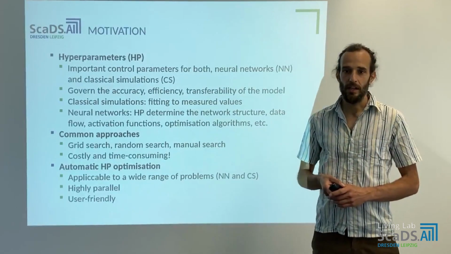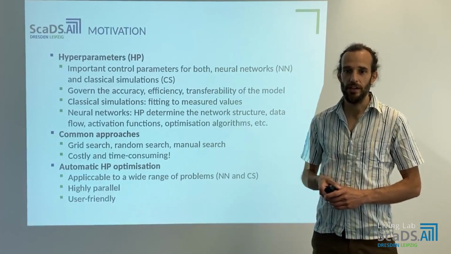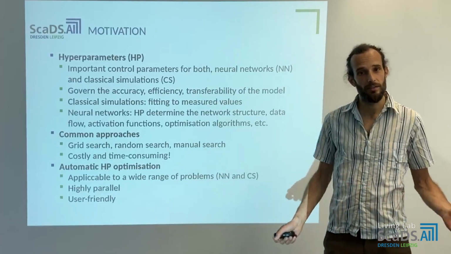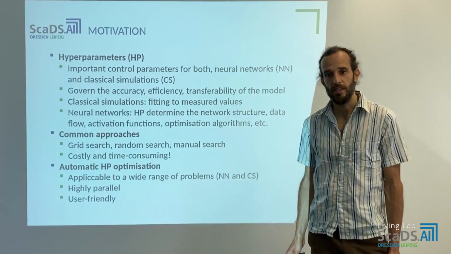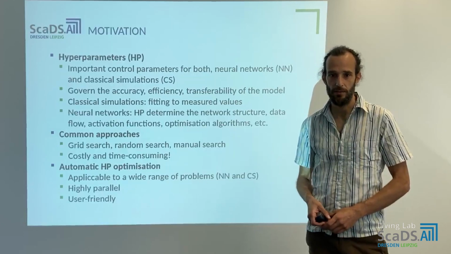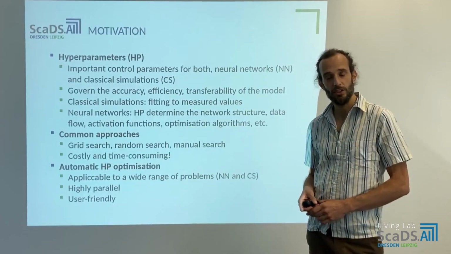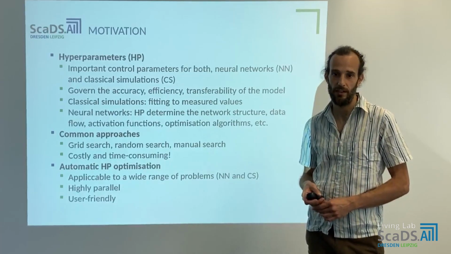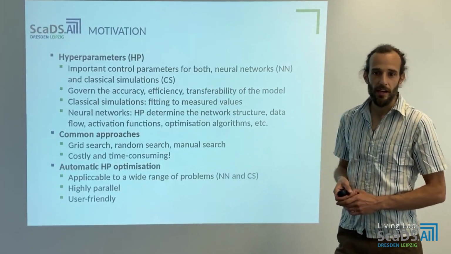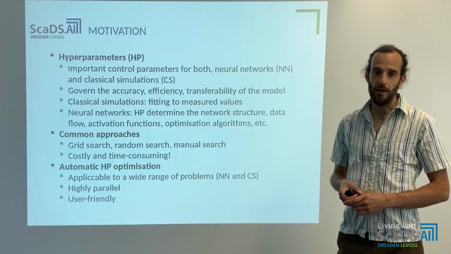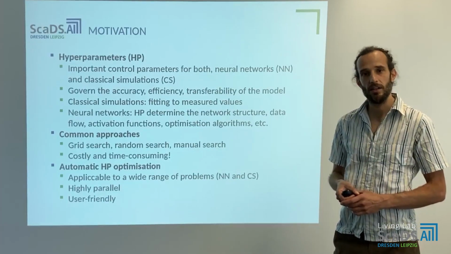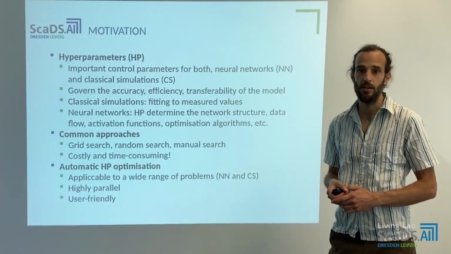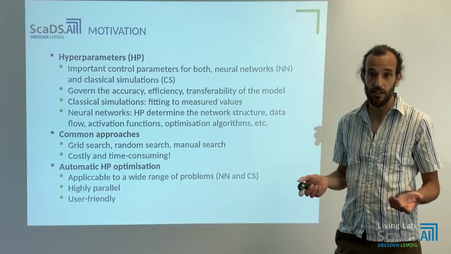They determine the network structure of neural networks, the data flow, activation functions, optimization algorithms, and so on. In classical simulations, they are usually determined by fitting to measured values. And the common approaches to determine hyperparameters are grid search, random search, manual search, which are of course costly and